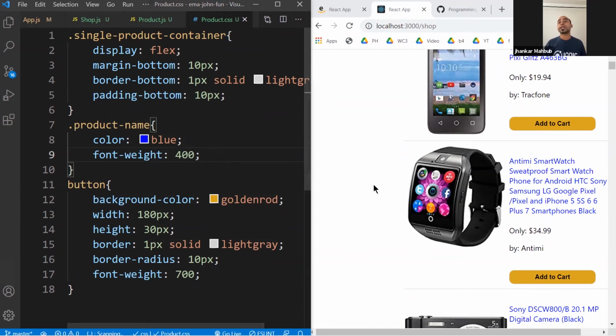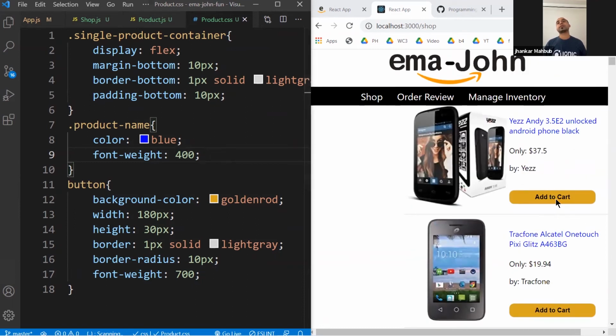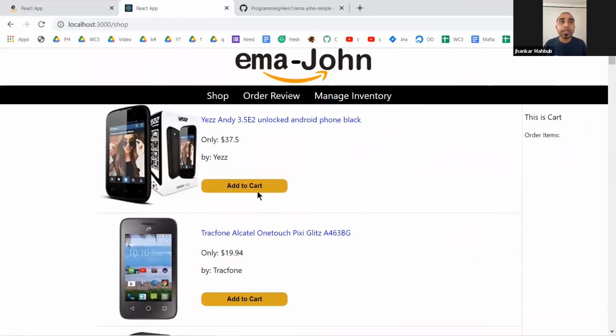Now we need to do a little bit of an interesting thing, to add some click handler on this. Think about it like a case or a state: if you click on something, then your shopping cart. Think about a state: how many items are in your shopping cart right now? It is 0. There is nothing added. That means it's a state. If you click on add to cart of any item, that item would be added to the shopping cart. That means you are adding something there, and the state of the cart is changing. If you add 2, it would be 2 items there. If you add 20, there will be 20 items. That means the number of items in the shopping cart could change or vary. And whatever could change or vary based on user actions is called a state.